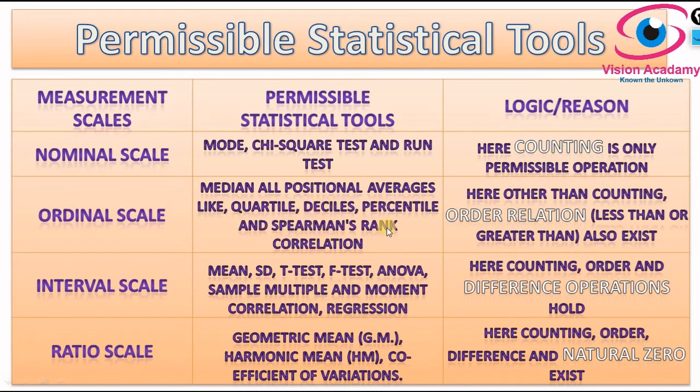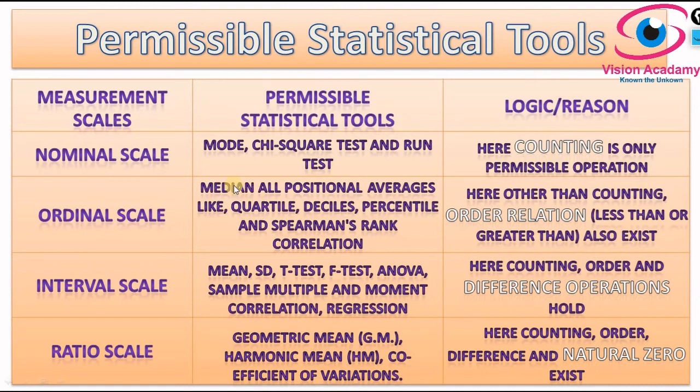Also we can go for Spearman's rank correlation. In the correlation, we can report the relationship between two variables. We can say the particular independent variable has a much greater influence on the dependent variable. In the sense, we are just ordering the data. We can apply the ordinal scale only for ranking type of data.